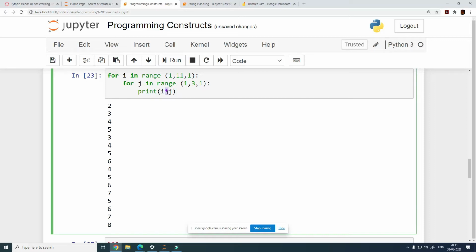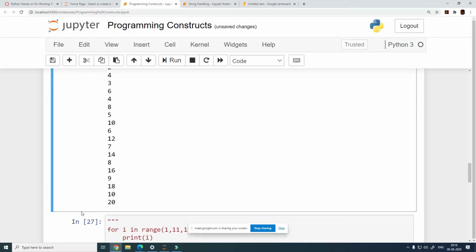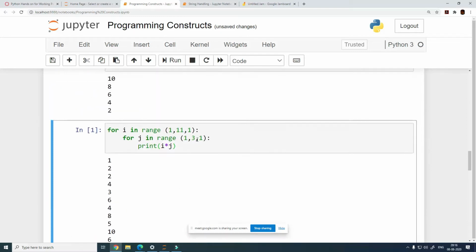Yeah, 20. It will be 20, right? Because the end value for I is going to be 10, and the end value for j is going to be 2. Correct. So when you do this, it is going to give you 20 as the last value. I know this is deceiving, but this is how it is in Python. You have to always ignore the last value. This is how it is.